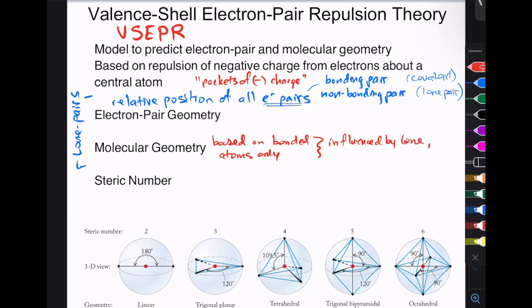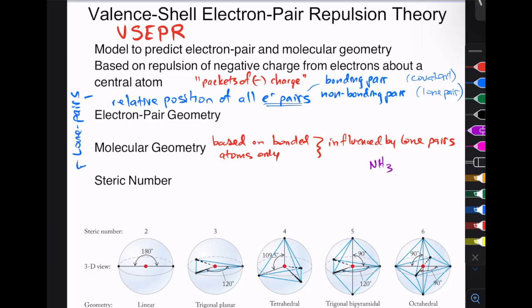Because the lone pairs still have a repulsive force. There's just nothing attached to them for you to see. There's no atom there for you to see the shape. For example, this is ammonia. Now, this is in the shape of a little pyramid, okay? Because if we were to draw the Lewis structure,